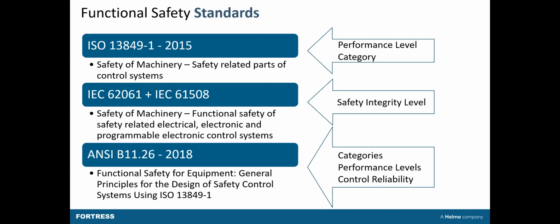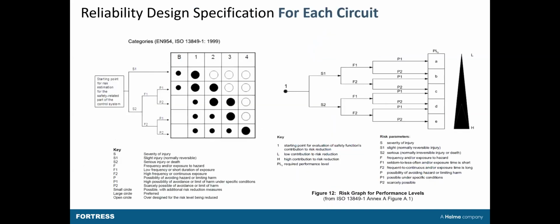But now back to something a bit practical. We talked about how much risk that system is reducing, that safety related part of the system, how much risk that's reducing. And that's where these graphs come in, which you may or may not have seen before. The one on the left is for categories and is a bit more complicated. So we'll look at this one on the right, which is explaining what the required performance level is for your